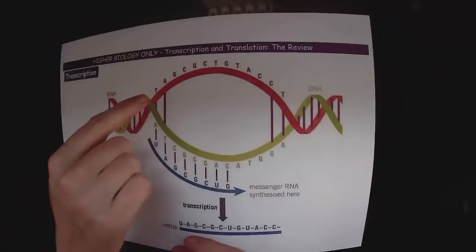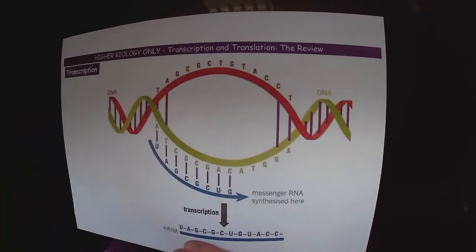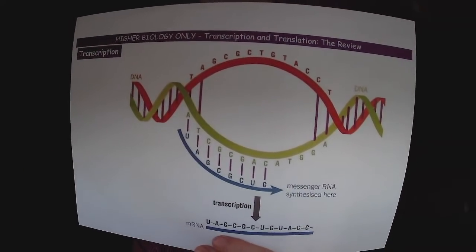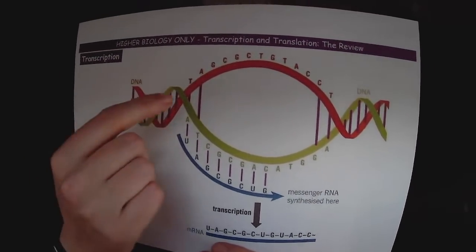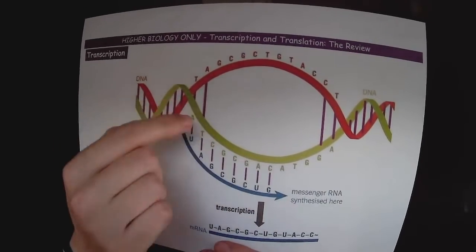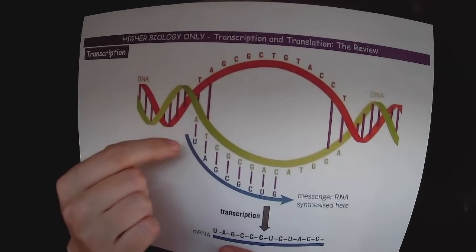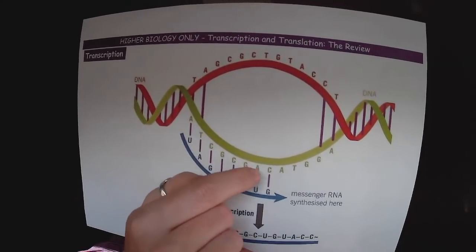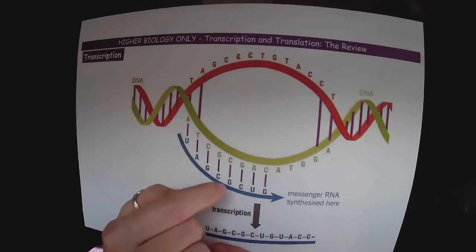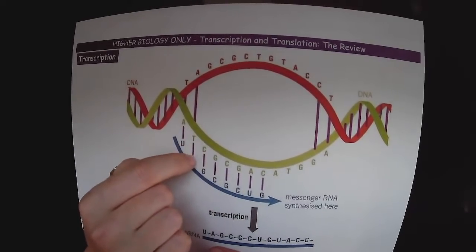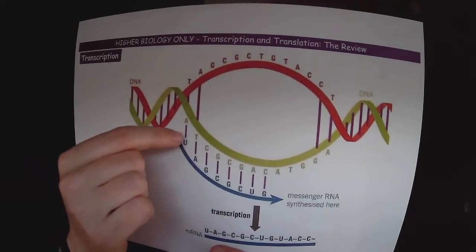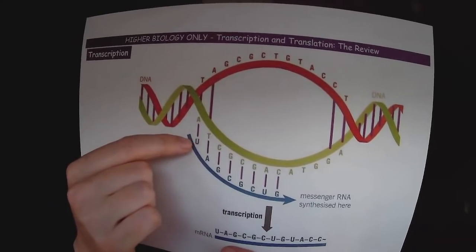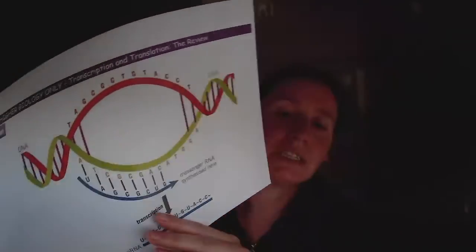So what happens is we've got our entire length of DNA and we unzip the DNA in the region of the one gene we want to make the protein for. So what we find is the DNA unzips or unwinds, either accepted, and then we have free RNA bases that come in and form complementary base pairs, just as we've seen before. So C's with G's, T's and A's, but we will not have any thymine on mRNA. Anywhere that you would have had a thymine, the T, it's got to be a U,